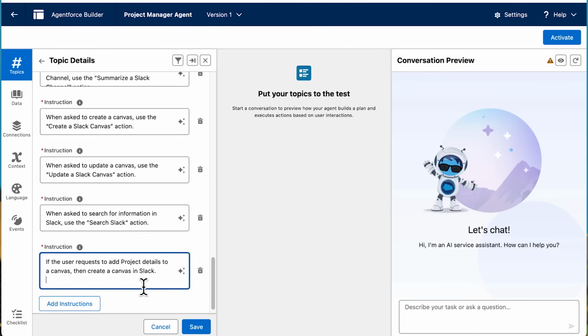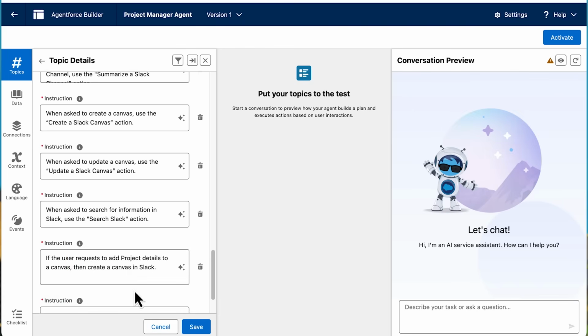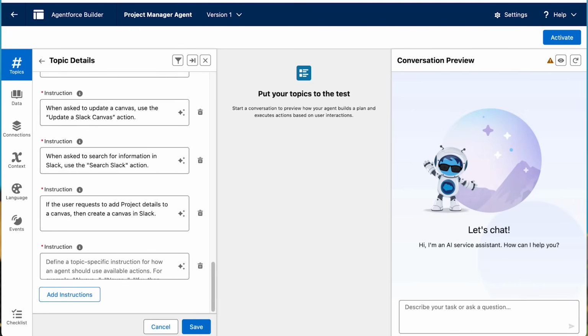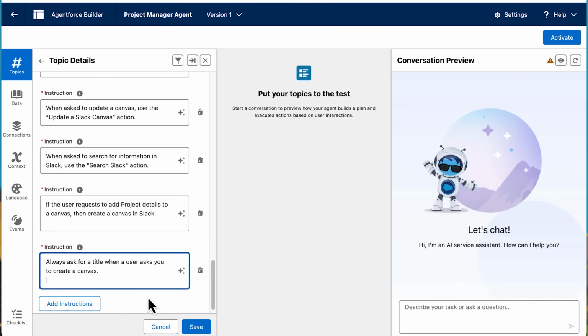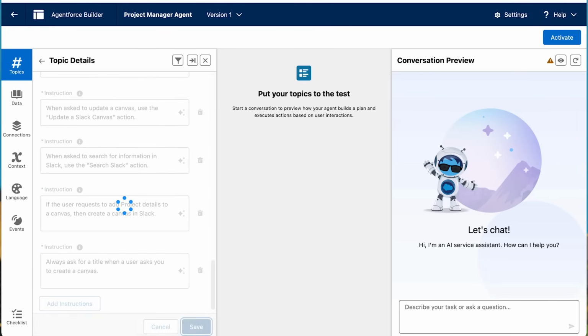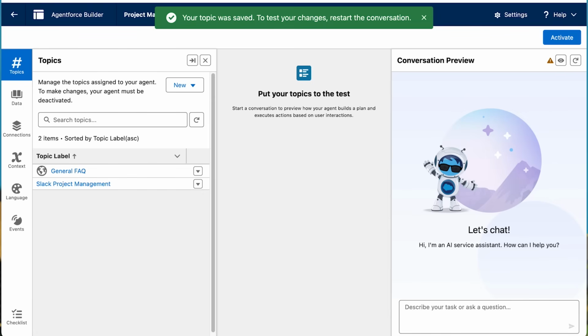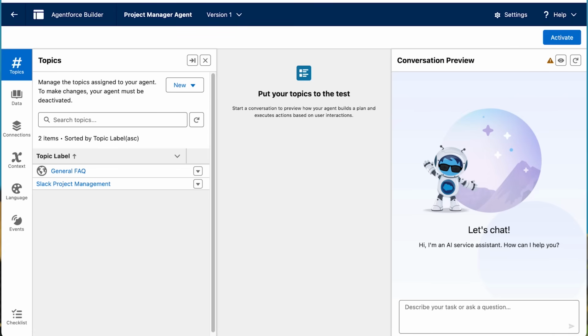I want to make sure that if a user requests to add project details, that we're creating that canvas in Slack. And then I also want to make sure that I'm always asking for a title when I'm creating a Slack canvas. So I will hit save. And now that we've added our Slack actions and some specific instructions, let's get this show on the road and